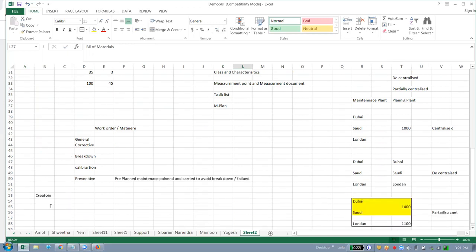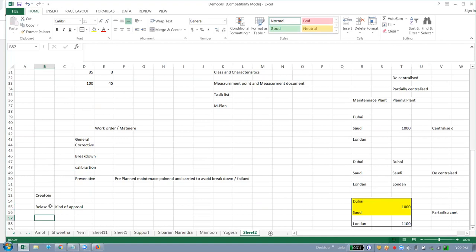After creation, there is a step called release. Release is a kind of approval. When you release, only then does the integration between the PM, plant maintenance module, and the material management module start.